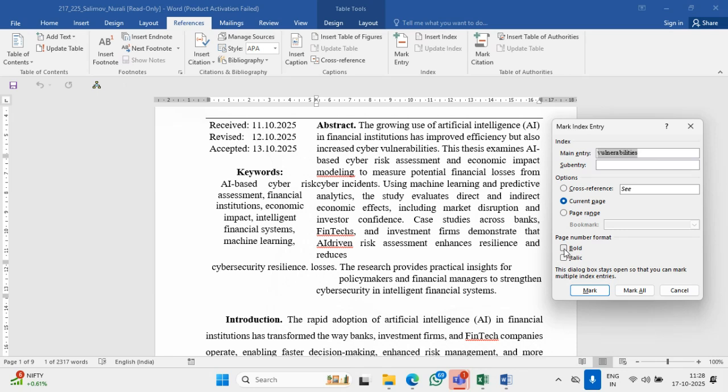How will the page number come? The page number should come in, say, bold and italics. This I want. And I click on mark. Unless I click on mark, it will not be recorded. So I click on mark and just see carefully on the screen. As soon as I click on mark, see,